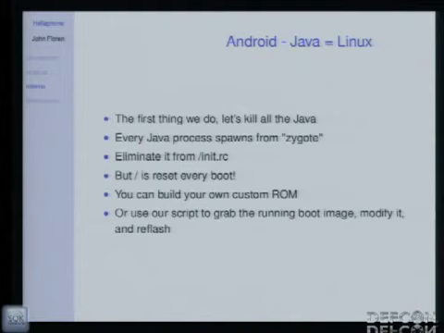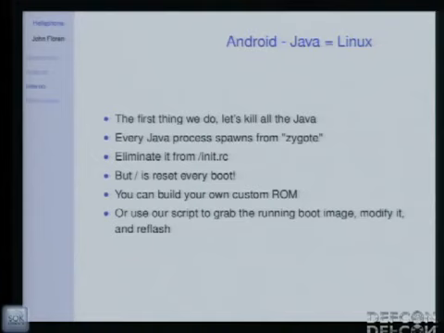So when we were going about this, the first thing we did was, as Shakespeare said, let's kill all the Java. Android's Linux environment is a little bit different, but when it comes right down to it, the kernel loads an init script, and it just goes through the init script, processing it. And we found that every single Java process on the system is launched from one initial process called Zygote. If you stop Zygote from starting in the init script, which is very easy, you just comment it out, then the Java environment doesn't launch, and you just have Linux.